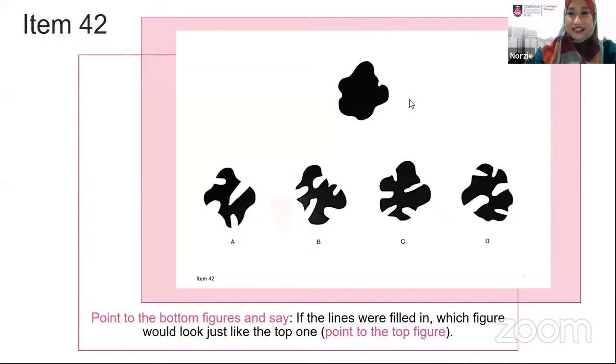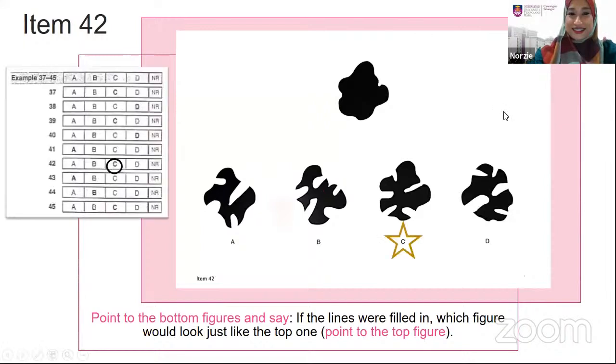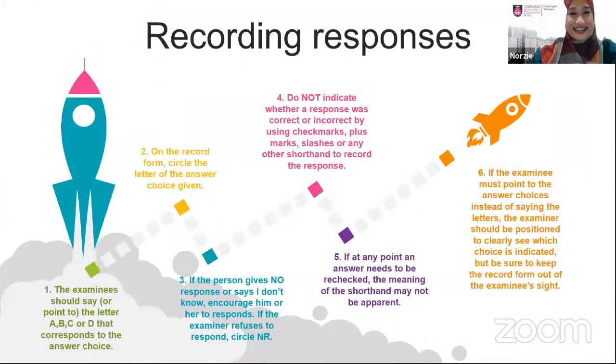Okay, let's see what is the correct answer. Okay, alright, let's go. Okay, next. Saya dah tak ada dah kot. Okay, itu je. Tapi kalau ikutkan kita ada a total of 45 items.